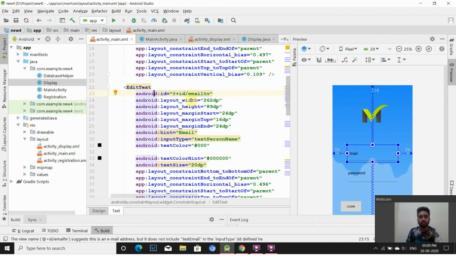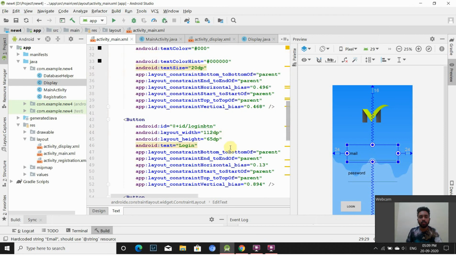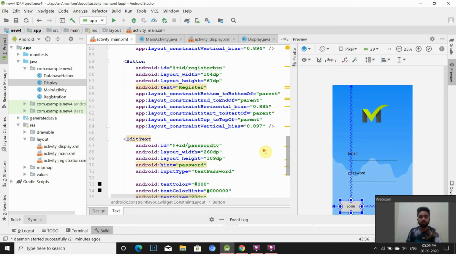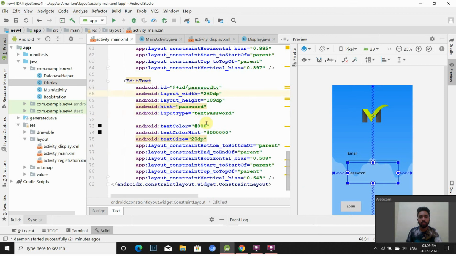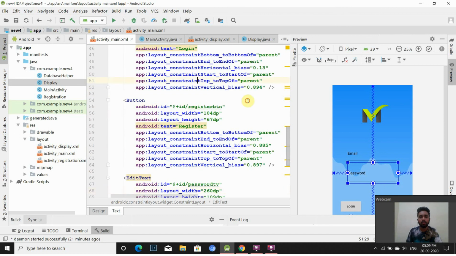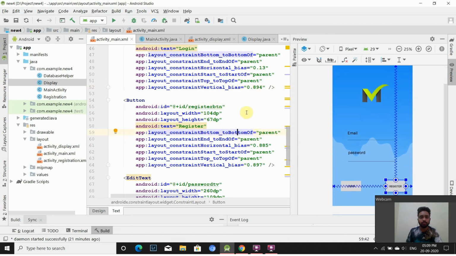In this particular edit text I am taking the value of email which will be put by the user, and then I have another edit text for taking the value of password. Then I have two buttons called login and register. When we click on login, the user will get logged in, and if a user wants to register, then we'll get into the register activity.